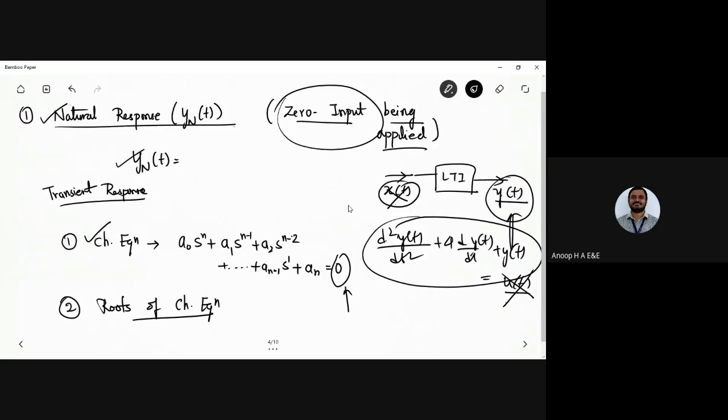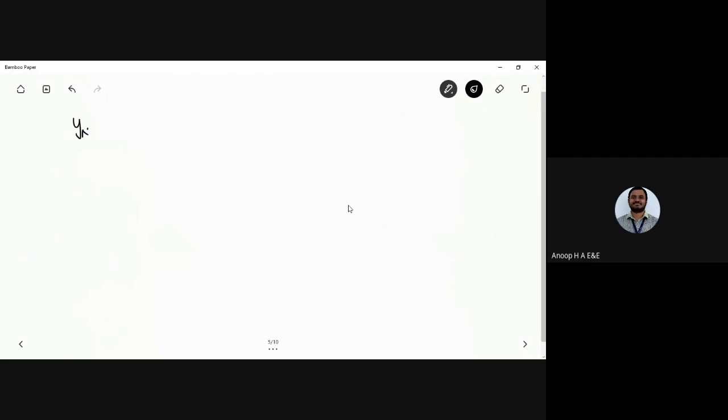Assuming the roots to be real and distinct, you have a table. I'll share the table also. Okay, real and distinct. So you have roots called s1, which you will get as somewhere around -1, and s2 somewhere around -2. And if it is a third degree one, s3 will be there, that is d cube by dt cube, so you will have minus 3 and so on. In case of such roots of the characteristic equation where they are real and distinct, you are going to find out the nature of the response.